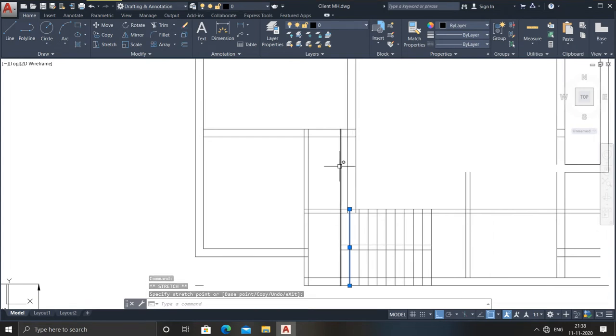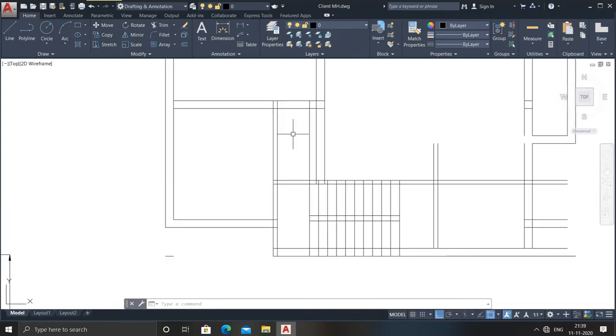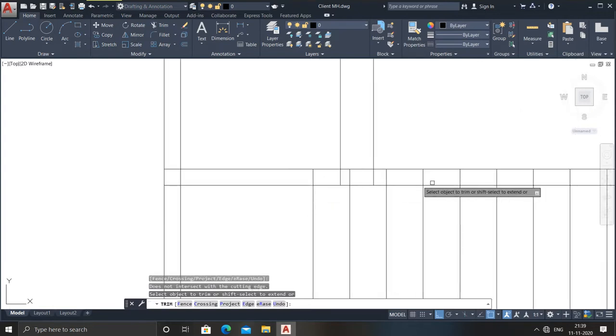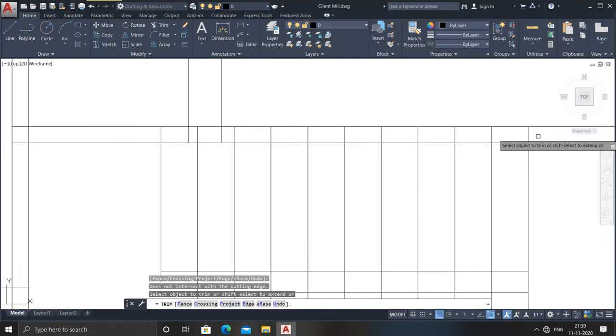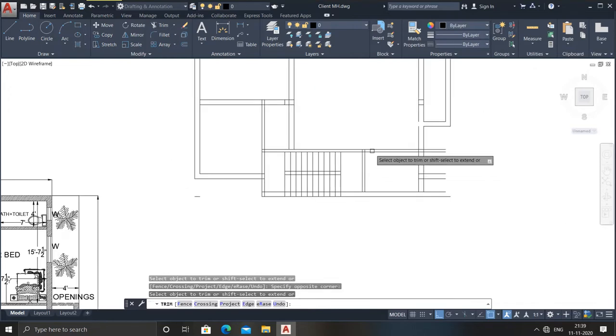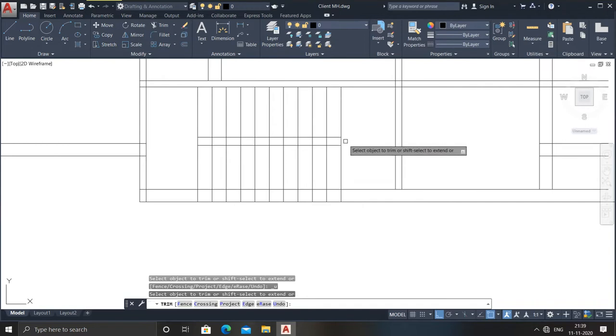Skip it. Now this which I have extended over here, this should not be here. Sorry, this should be here. So go for the trim command again, double enter, just go and trim it. So we need to trim all these unwanted lines over here. After that, this also, sorry, not that, that will help you. I will tell you what is the benefit of that. So just go and trim it up to here.